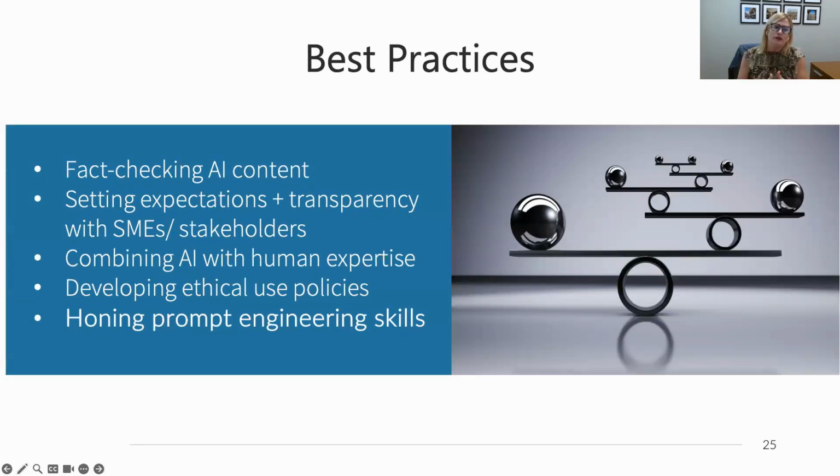So the need to fact check the AI content is paramount, and especially when you're an instructional designer creating courses or training for someone else, that totally makes sense. And then setting expectations and having transparency around using AI with your SMEs, with your stakeholders, combining AI with human expertise. And this is something that we've talked a lot about